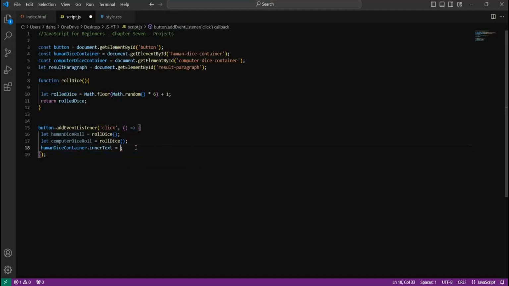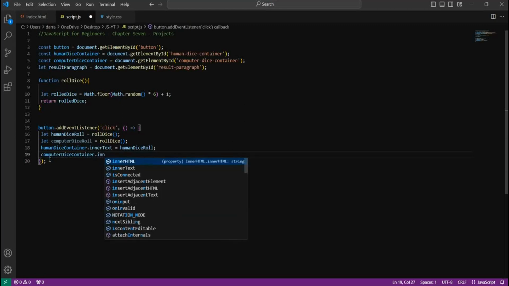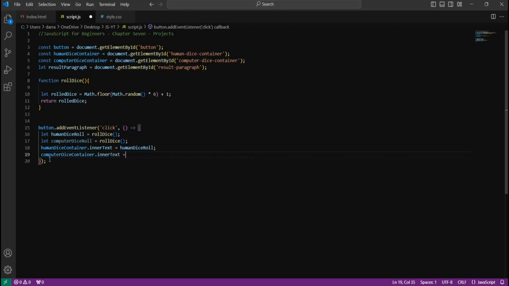And we want to do the same for the computer. The computer's dice container is that div on the page. So to get that, we just say computer dice container. We want to change the inner text of that, and that is going to be changed to the computer dice roll. Okay, so now if I save and refresh,